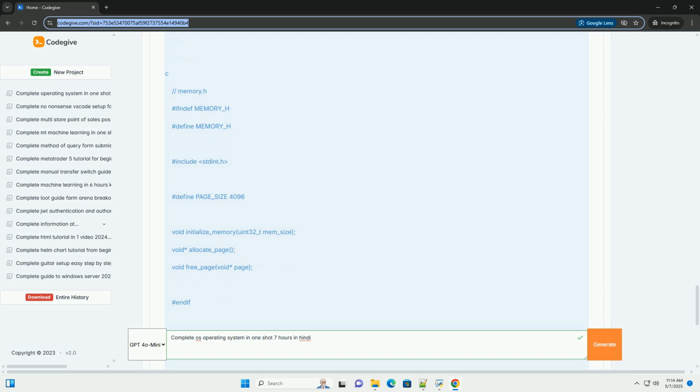Phase 5, Interrupt Handling, 1 hour. Interrupts are how hardware devices, and the OS itself, signal events to the CPU. 1. idt.h. 2. idt.c. 3. isr.s, assembly file for interrupt handlers. 4. irq_handler.c. 5. Update kernel.c. 6. Update Makefile. Explanation: